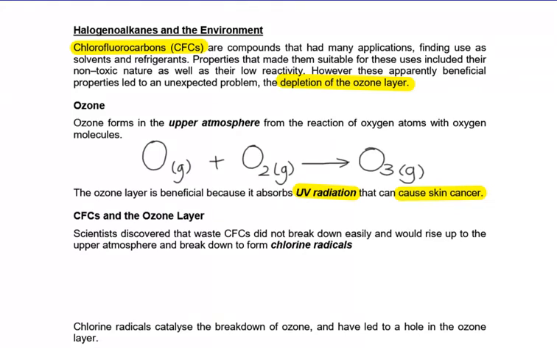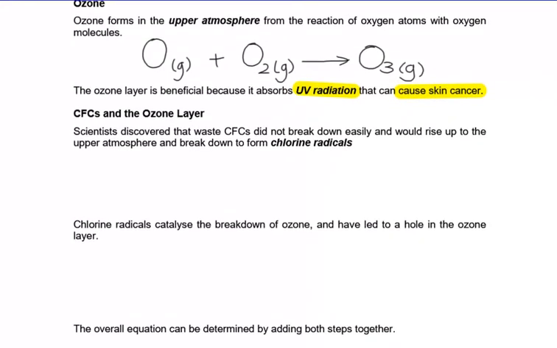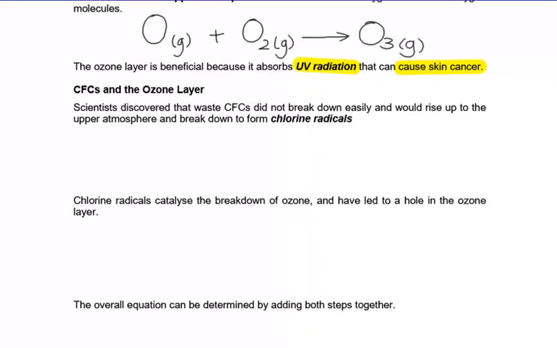So how do CFCs affect the ozone in the atmosphere? Scientists discovered that the ozone up in the upper atmosphere was broken down by chlorine radicals. So where did the chlorine radicals come from? Well, CFCs are compounds that contain chlorine, fluorine and carbon. So I'm going to draw an example. This is just one example of a CFC. I'm going to have 2 chlorines on my CFC and 2 fluorines. So it's a